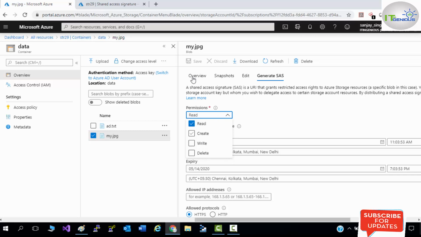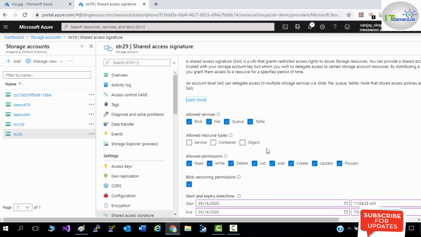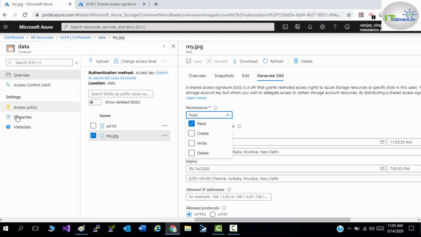Now if you are going to manage your storage account through Storage Explorer, and add your account through a SAS token or through SAS connection string, at that time list permission is required, which is not in your resource level. That means the SAS generated through resource level cannot be added in your Storage Explorer tool.